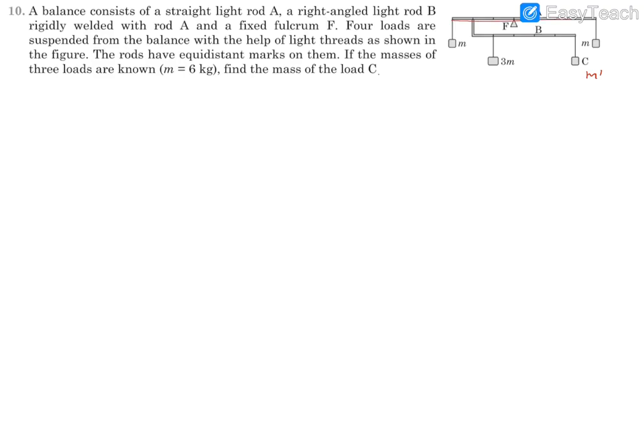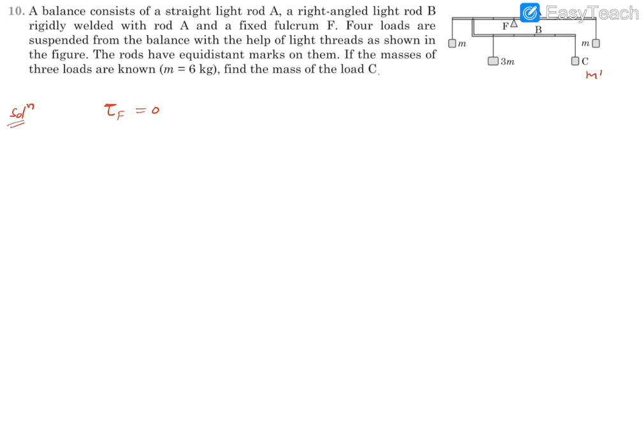There are marks on the rod and the marks are equidistant. That's what the question says. Now it is balancing, so torque has to be balanced, equilibrium condition, no rotation taking place. So we can say torque about fulcrum F must be equal to 0. This is a rigid body, single body, and these threads are giving basically gravitational forces or tensions. So we can say torque about F must be 0 for the entire arrangement.